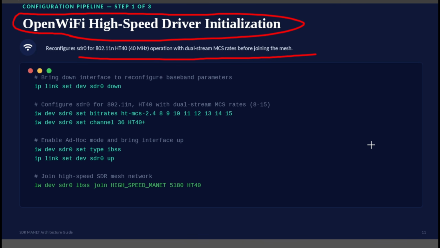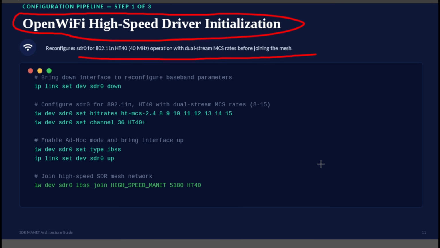We bring the sdr0 interface down, then configure it for 802.11n with a 40 megahertz HT40 channel and dual stream MCS rates 8 through 15. We set it to ad hoc mode, bring the interface back up, and finally join the high-speed mesh network on